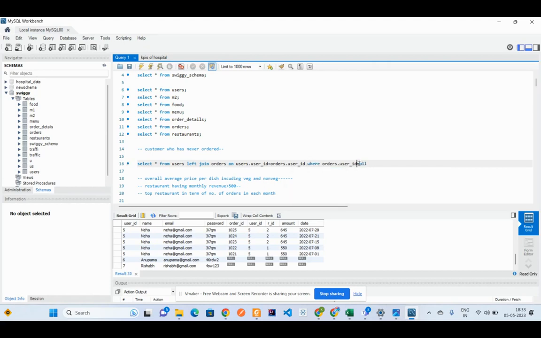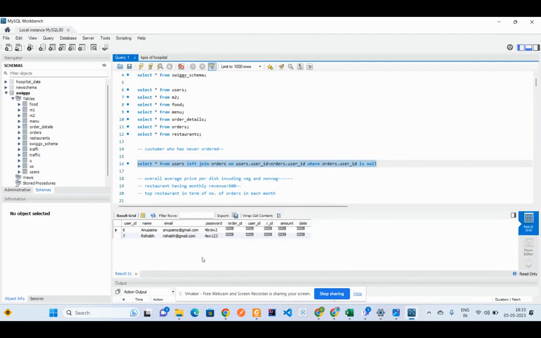So it should be is null. But we are only concerned about the user details, not these null values, so we can fetch that particular data.